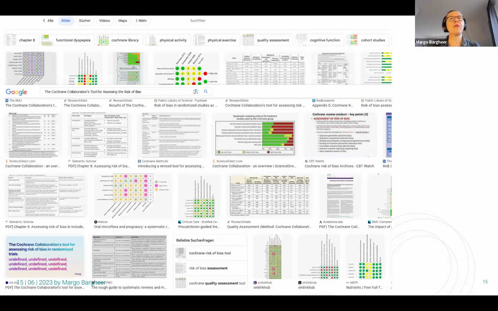In the case of this medical research, I'm a layperson to this kind of medical research. I'm a social scientist. I'm pretty good at detecting biases. But here I used their term, and it was the Cochrane Collaboration's Tool for Assessing the Risk of Bias. I simply threw it into Google and looked at the pictures that were coming up. What I see here is that on first glance, everything looks scientific, everything looks valid and reasonable